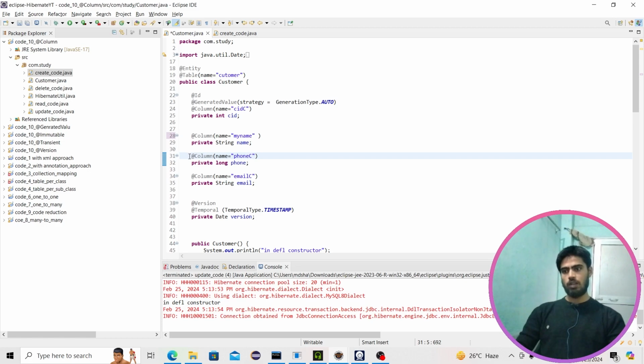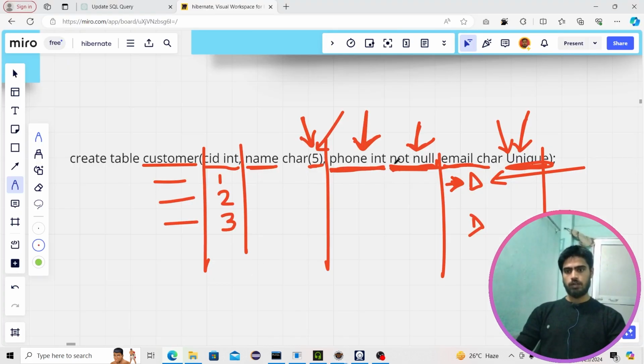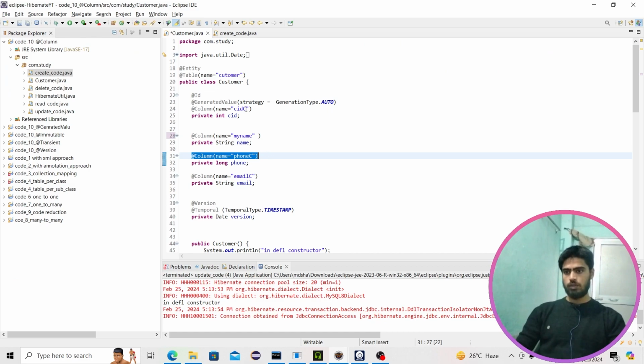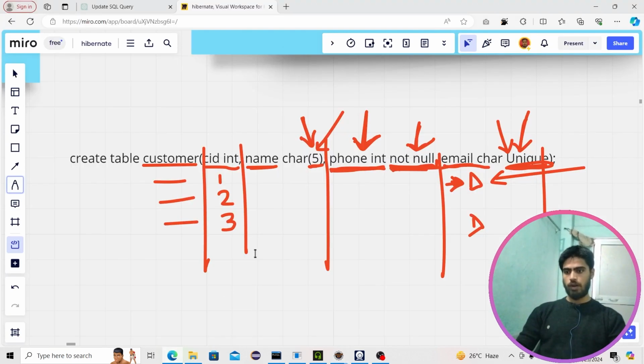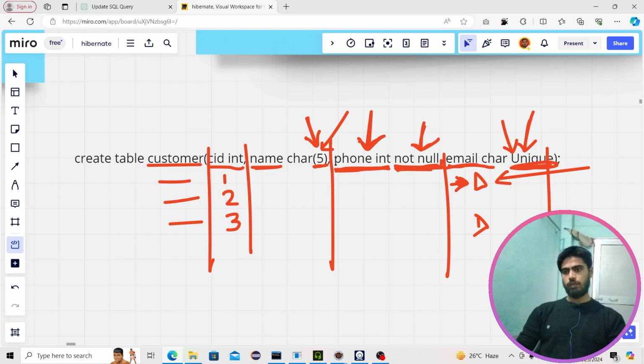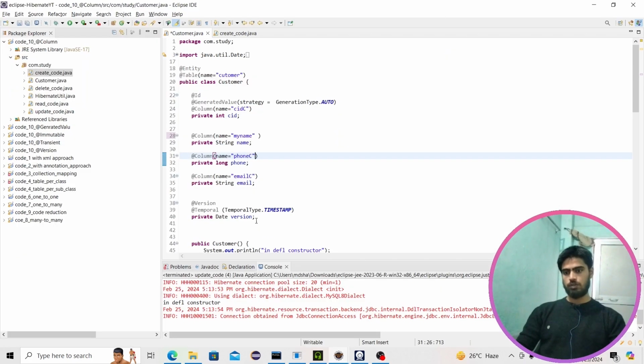The column annotation is not only meant for giving the custom name for the corresponding column. In this column annotation, we are going to provide these kinds of constraints. So how do we do that? Let me show you. We are in our project, in the customer class, at the column. Suppose we want to define a length, that the name must not exceed